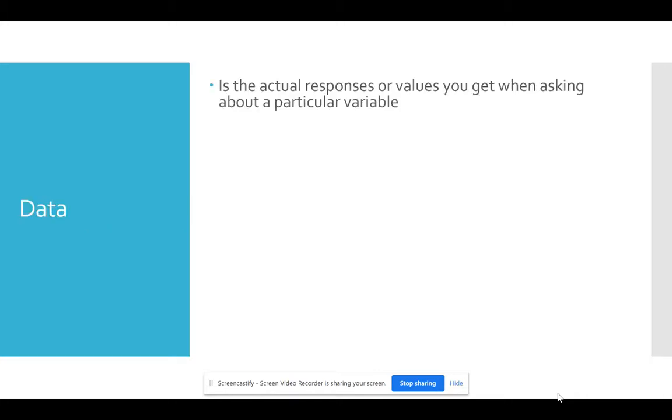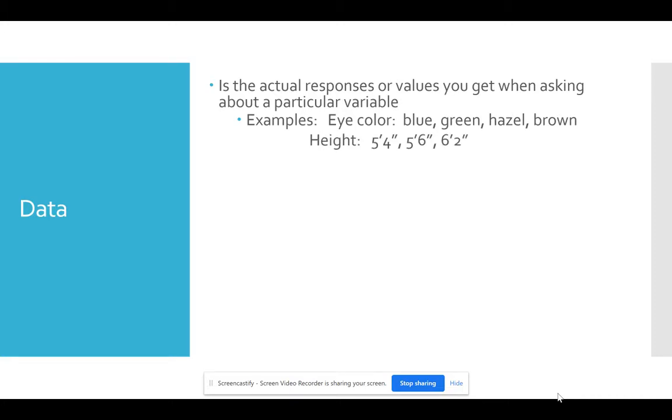Data, first of all, if you'll recall, is the actual responses or values you get when you're asking about a particular variable. So, for example, if you're interested in determining the most popular eye color, then you may ask, what is your eye color? And you'll get responses such as blue, green, hazel, or brown. You may be interested in the average height of individuals, and so you would ask, what is your height? And you might get responses like 5'4"